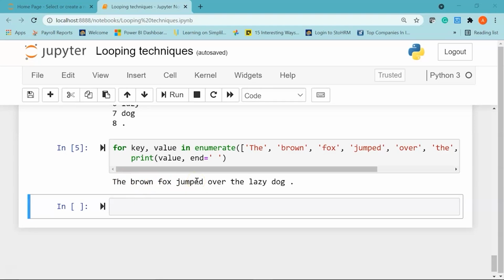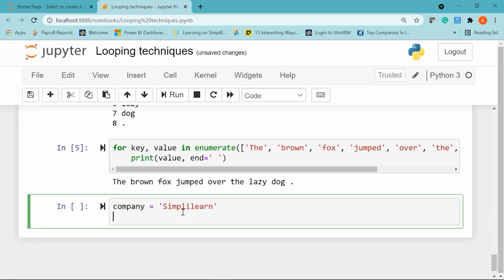Okay. So similarly, you can iterate through the letters in a word or a string and print the letters along with the indices. I'll declare a variable called company, and this will have a value, let's say simply learn. I'll say for I comma j in, I'll use the enumerate function.